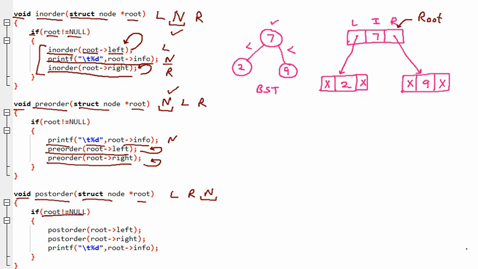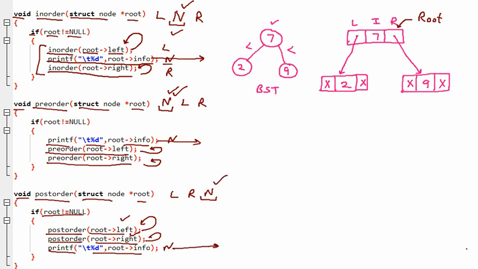Similarly here, until the root is not null, we are going to find out the post order. So it is a recursive function calling itself. Again it is calling itself. This is calling for the left, this is calling for the right. And here we are having the node afterwards. So you can see that it is in between. So that is matching. It is first. So that is matching. And it is last. So that is matching. So this is how we are going to find out the in order, pre-order and the post order of the binary search tree. So this is the program of creating the binary search tree and finding the pre-order and the post order.